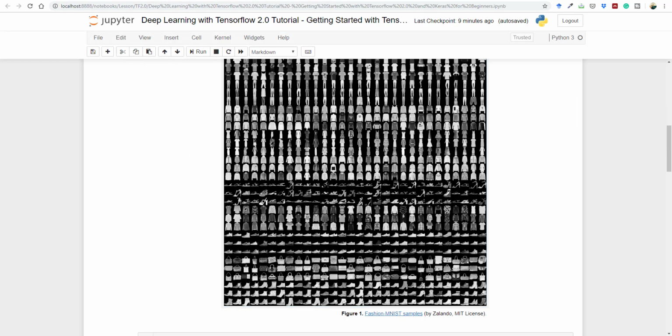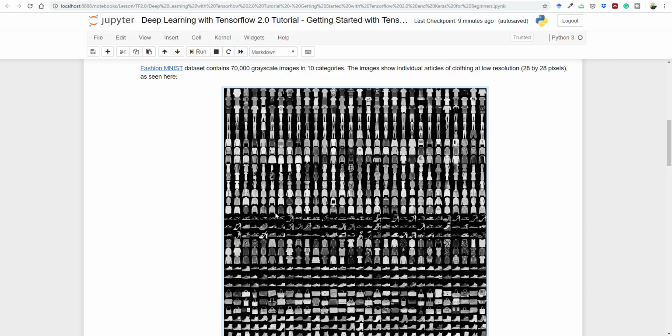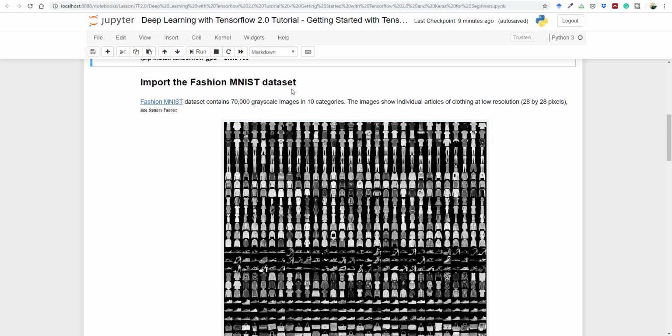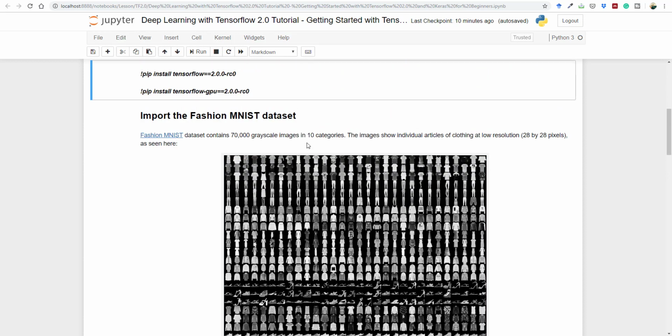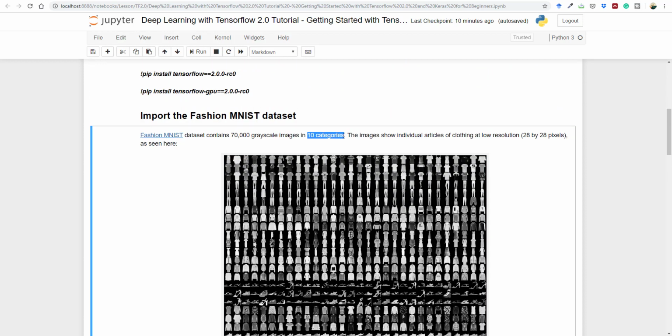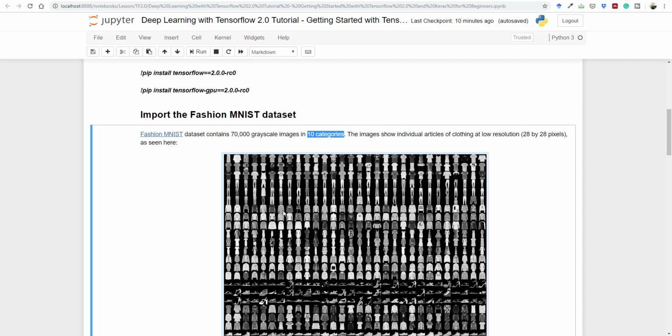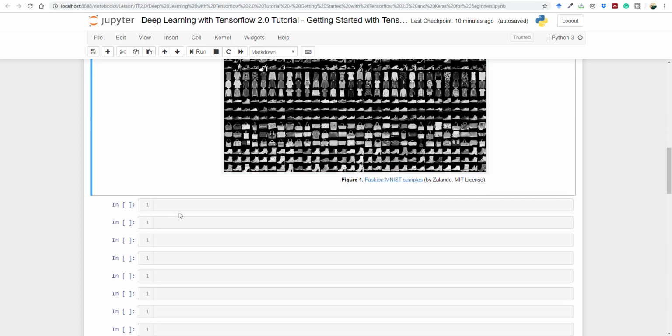Okay, so these are the images which are available. These 60,000 images we will be using to train, and 10,000 images we will be using to evaluate, and there are a total of 10 categories of these images. Okay, now let's go ahead and